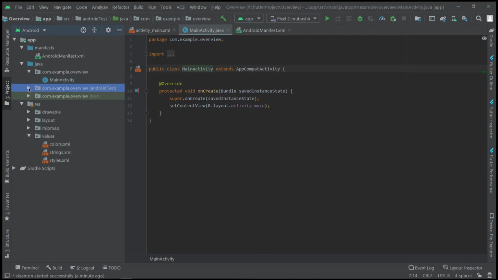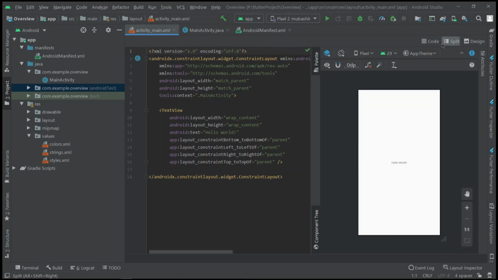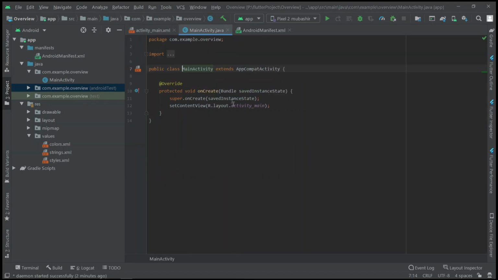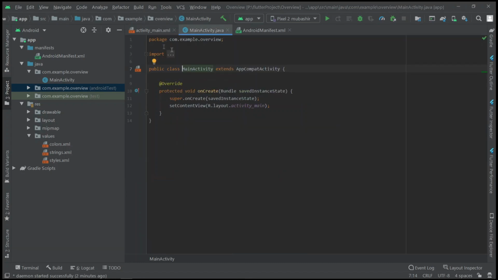So normally we don't touch these two, so let us not talk about this. So in the main activity and this main activity XML, we know that all the styling work of our app can be done here in this activity main XML. Okay, and here we got a code like this which prints hello world on the screen.